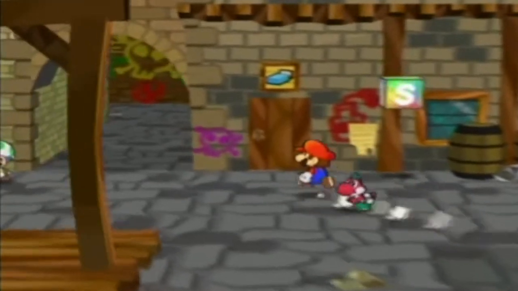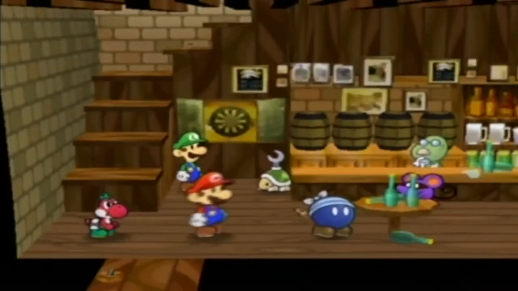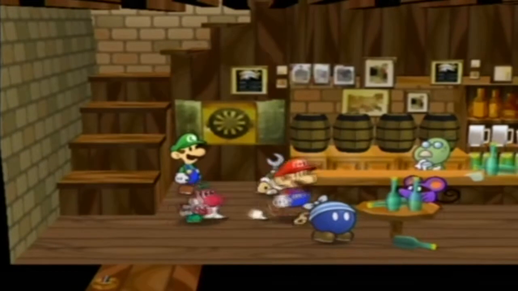And let's go to the pub, because the pub usually has some good information. And there's Luigi, with the Buzzy Beetle with a torque wrench on it. I don't know how, and...